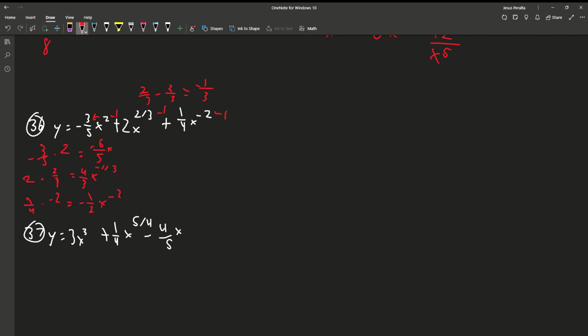And then subtract 1. Just going to have x to the power of negative 3. So then our final equation is going to be negative 6 over 5x plus